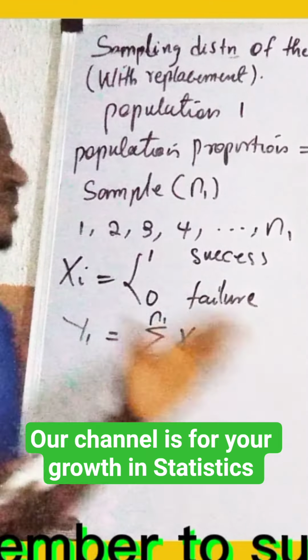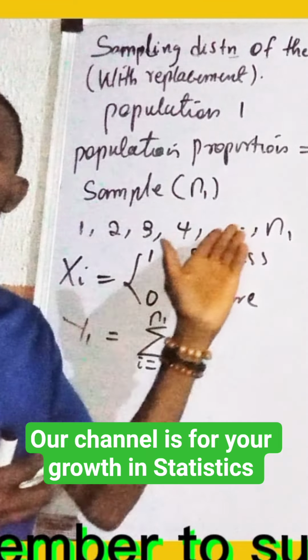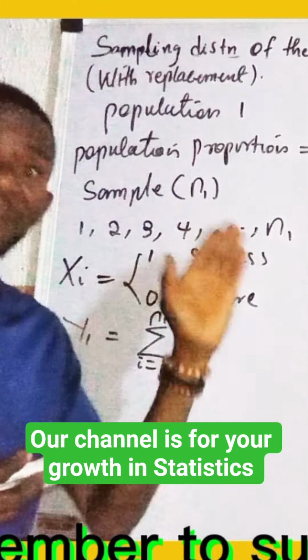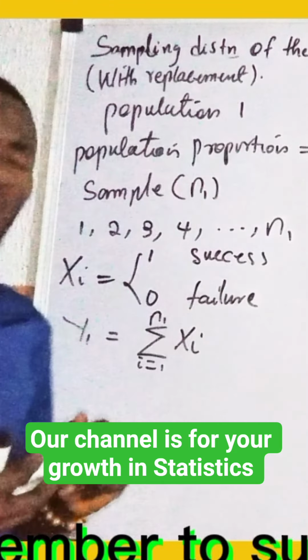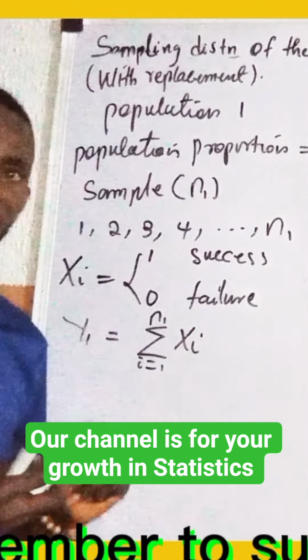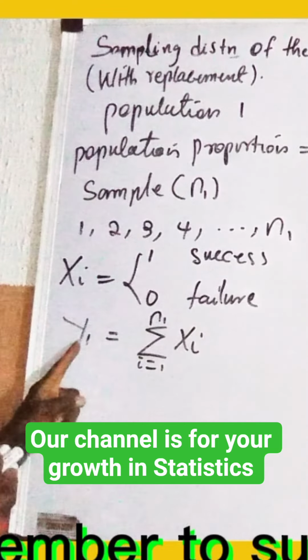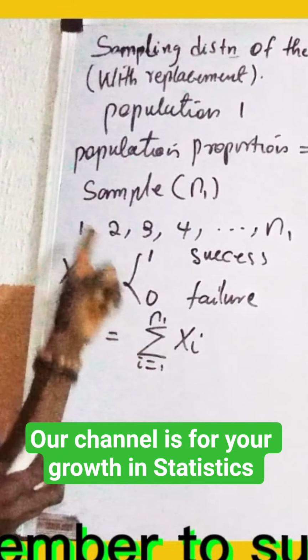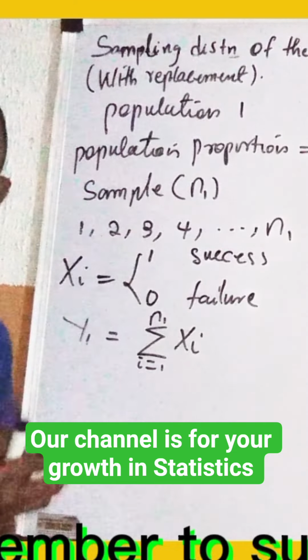And we are told that when we sum independent Bernoulli random variables, we are going to get a binomial random variable. And of course, you know that this yi here is the sum of the independent Bernoulli random